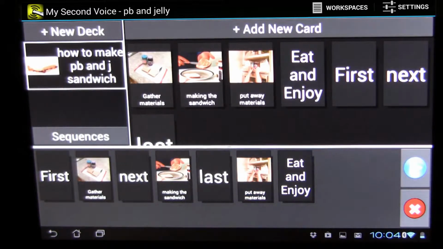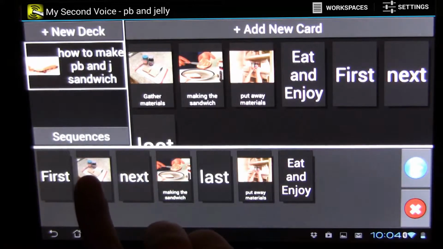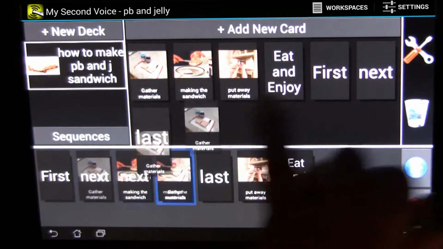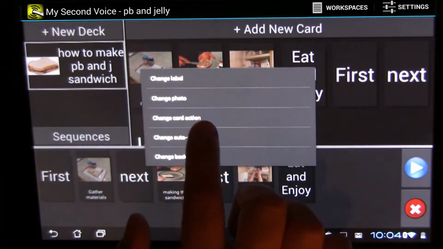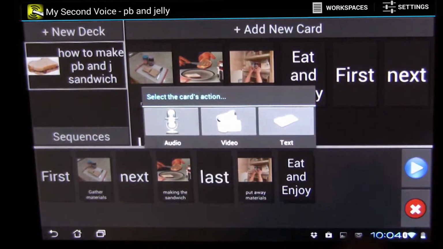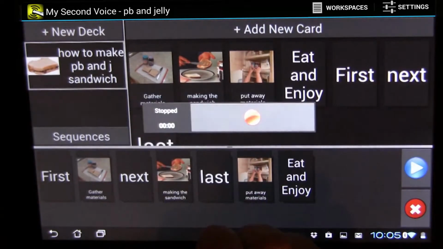I want to call your attention to how you can change the settings within the sequence option. First, which is changing the action. So let's say, going back to gathering materials, I want to remind him exactly of what he wants. So I'm going to go back and make this more explicit. That's changing card action. I'm going to tell him exactly what I want, so it's going to be audio,